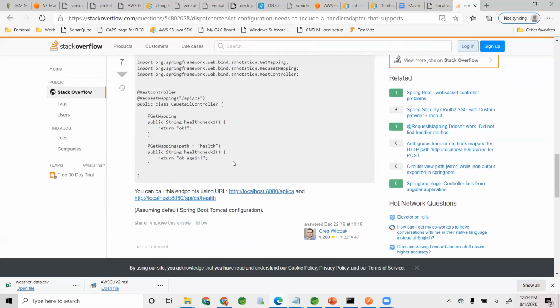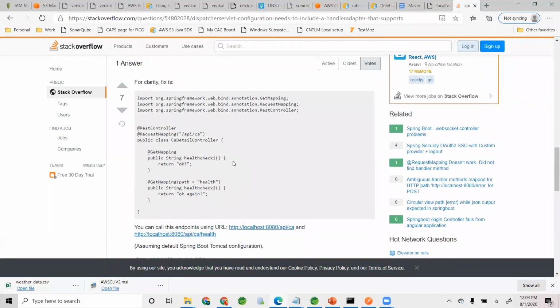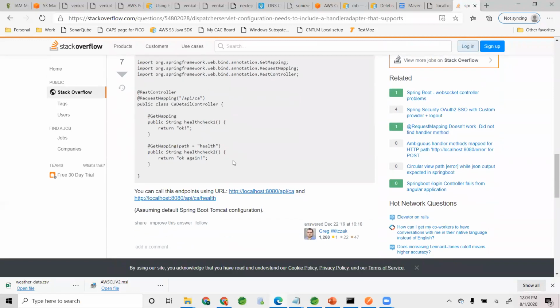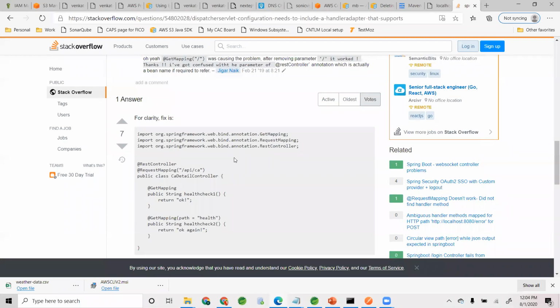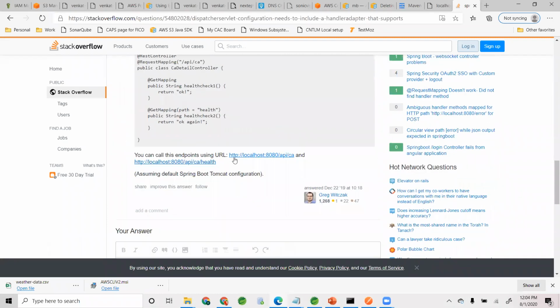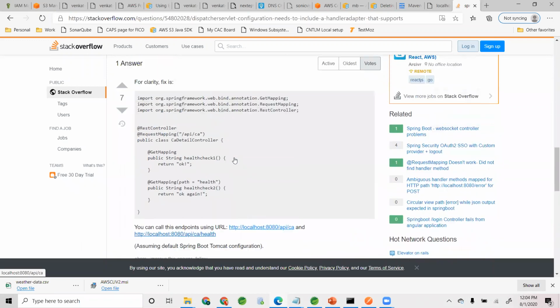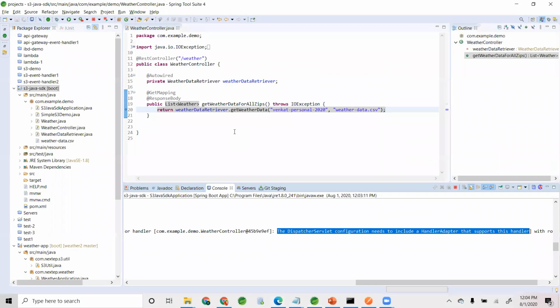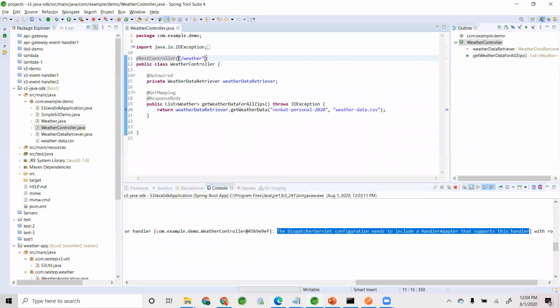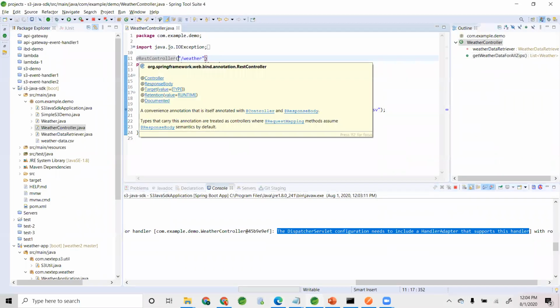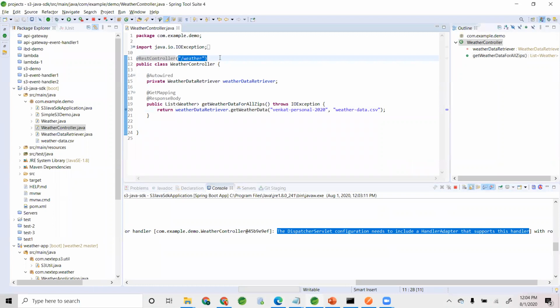Do we need to annotate anything about the weather? List of weather, right? I don't know. You can call this endpoint, last for clarity fixes, but assuming default Spring Boot, at rest controller. So you have to remove that one.